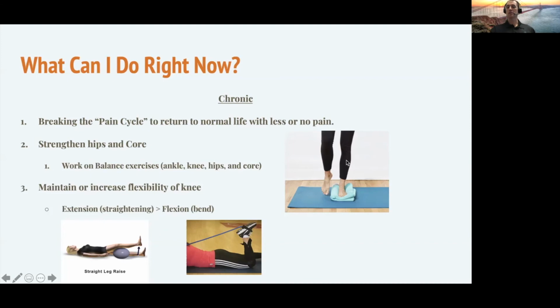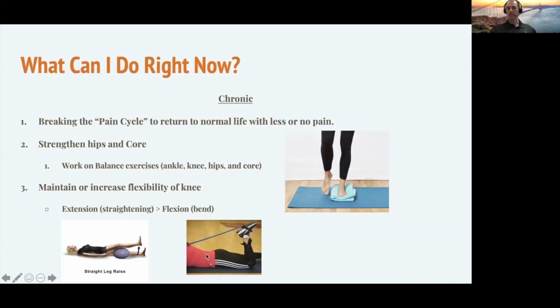But notice some of these, especially the calf, will cross the knee as well. So hugely important to focus on that. One that we see a lot, and if you've noticed that one leg is more flexible, one knee bends easier than the other or tighter than the other, we have to get flexibility in that knee.